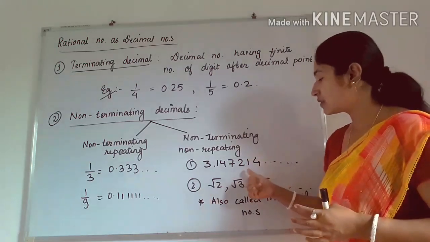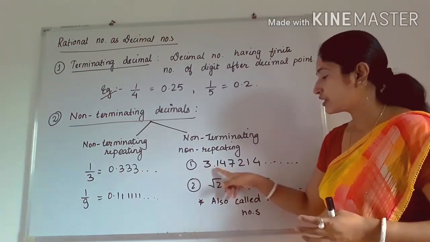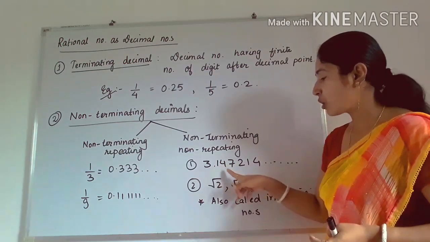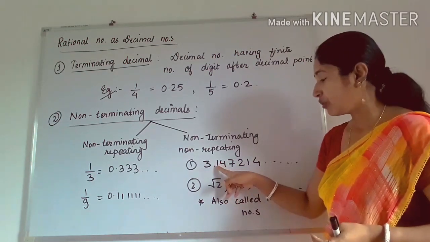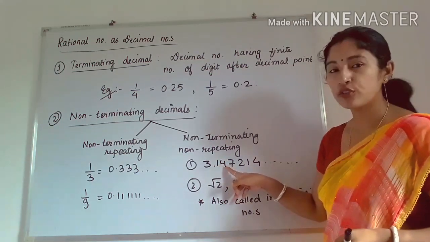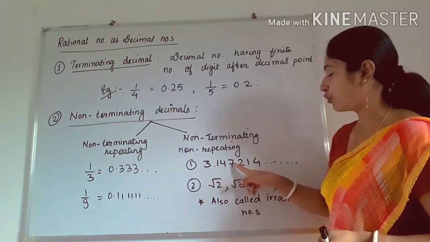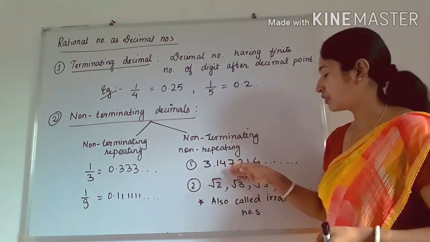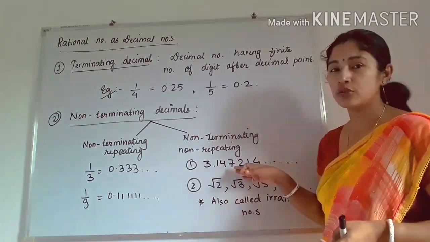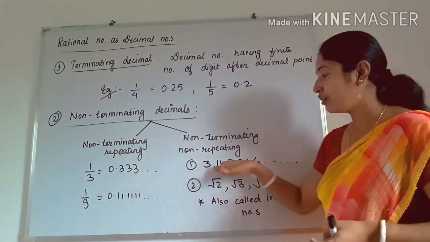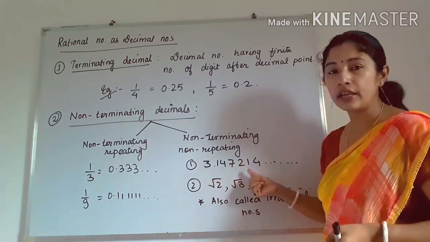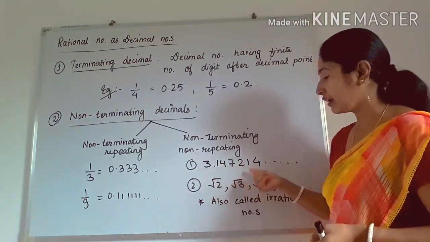But here in this number, after the decimal point, 1 is coming here, but after 1 it is not repeated. 1 is not again coming here. The next number is 4, which is different from 1. Similarly, after 4, a different digit is present, 7. Again after 7, a different digit is present. So that is called non-repeating. That means 1 is not coming again and again.